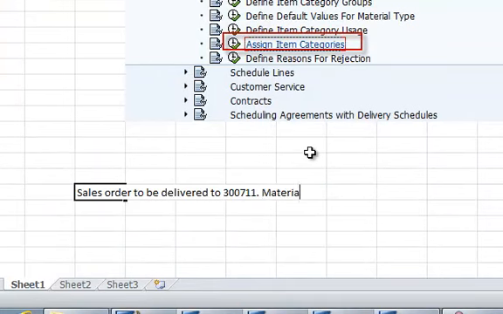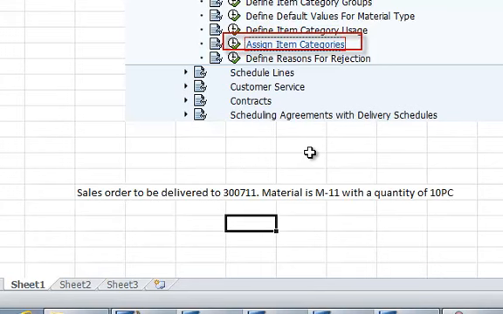Material is M-11 with a quantity of 10 pieces. Of these 10 pieces, 3 pieces are to be delivered